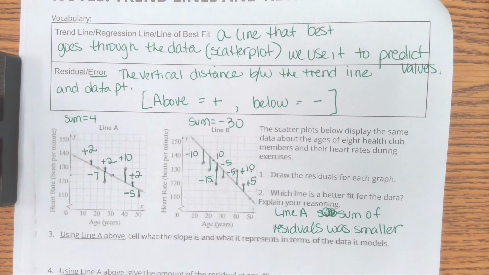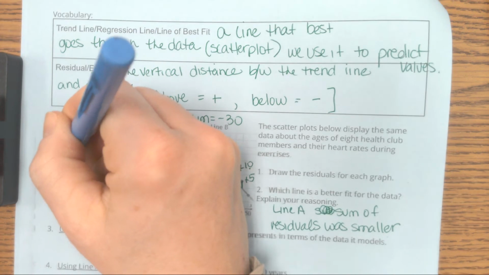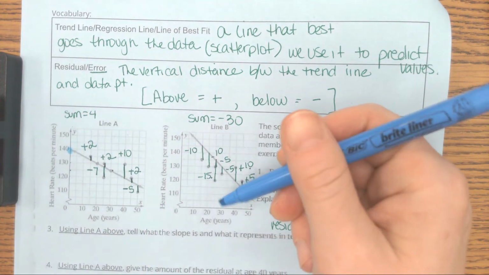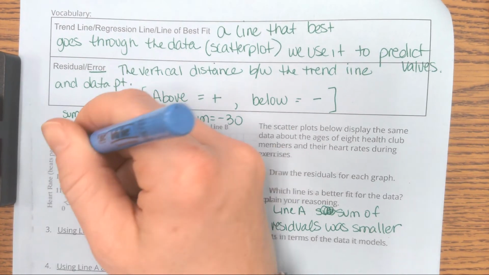Okay. What else should we be able to do? We should be able to approximate slope. Please understand, I'm asking you to find the slope of the line. Don't take 2 points, because I'm just looking at the line itself. So if I wanted to do that, I'm going to just kind of look here. To me, that looks like it's 140. Does that look right to you? Yeah. So you can go all the way down, or maybe just go to the middle